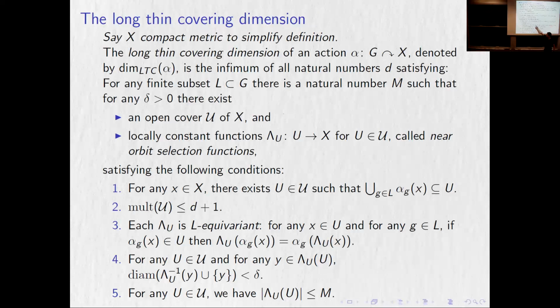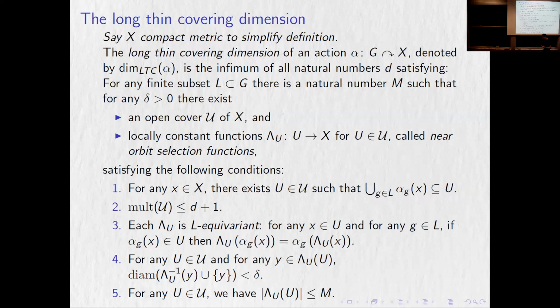Instead of dimension, things might overlap, right? I mean, I'm going to have a bunch of those. So maybe I have some other one. Like this, right? So I'm going to have some overlap with the blobs if it's the cover, but the multiplicity is controlled, right? So any point could be in at most d plus one of those blobs. I have this lambda, which is what's called the labeling function, where you pick some particular orbit which we're tracking, right?